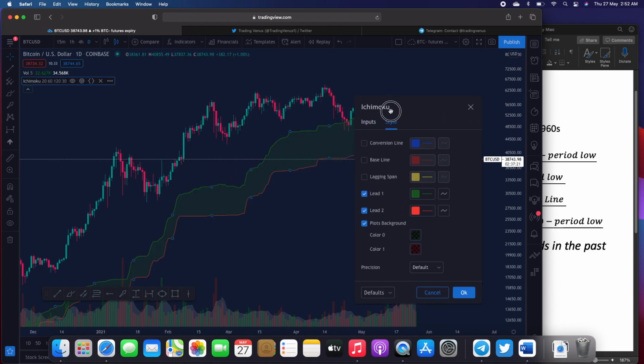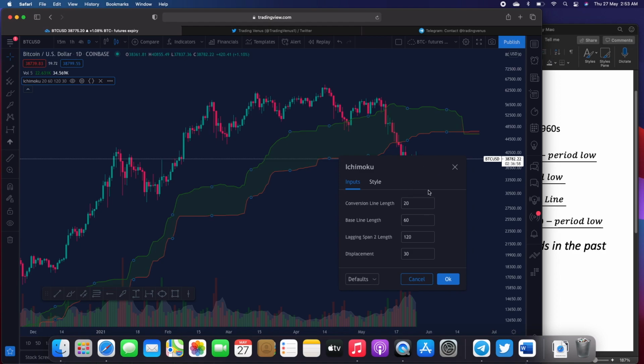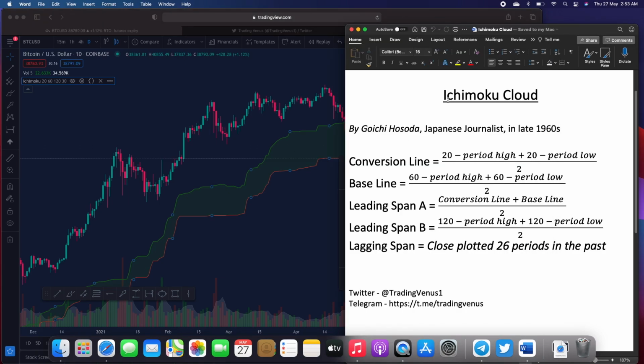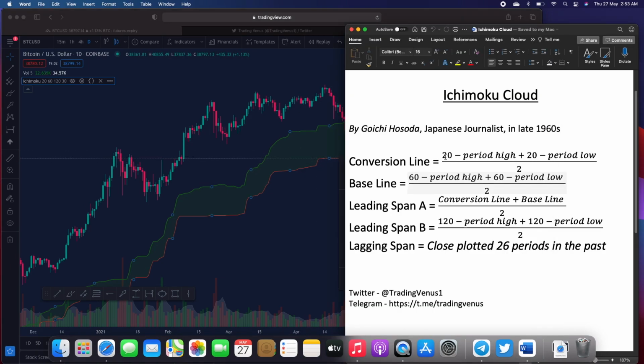On the settings of the Ichimoku Cloud, by default we keep the values 20, 60, 120 and 30. That can be changed accordingly, but in the crypto community this one is the most famous and historically speaking has been proven to give the best result. To understand what 20, 60 and 120 signify, we will have to look at the formula of how Ichimoku Cloud is calculated. We don't need to calculate it every time, as the TradingView API does it for us, but it is essential to look at the formula to know the effectiveness of the indicator.